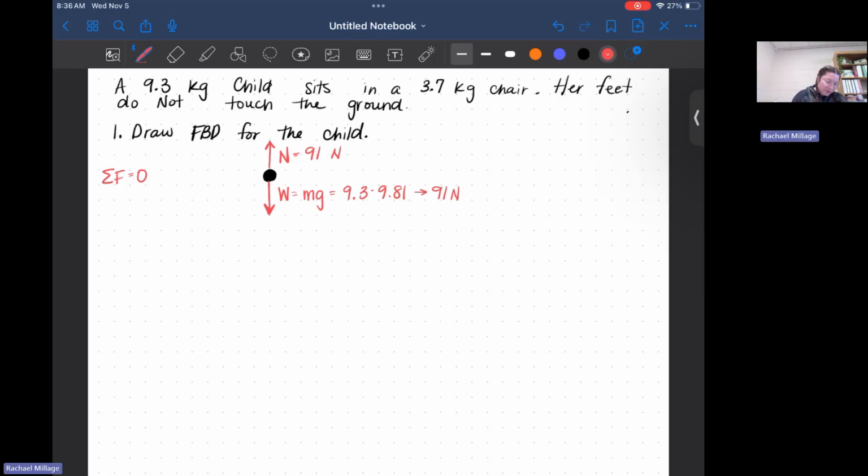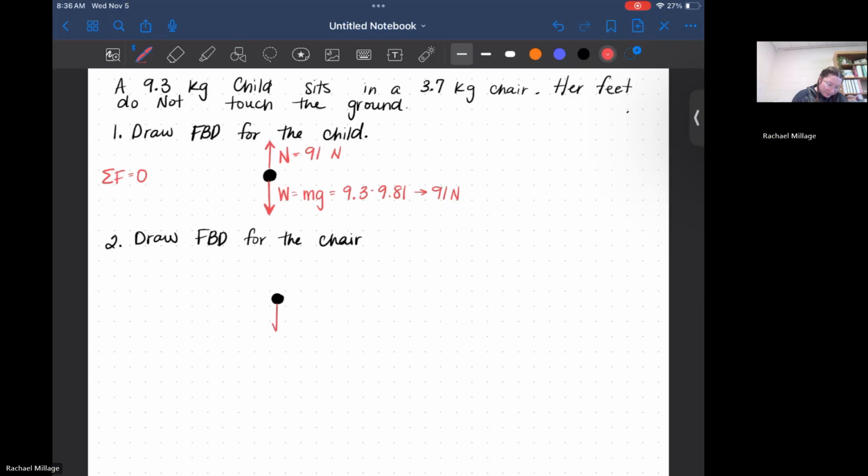All right. So now draw a free body diagram for the chair. Again, start with a dot. Try drawing out all of the forces that you can think about acting on the chair. Pause the video, try your best. All right, so